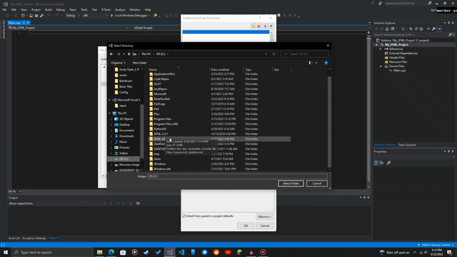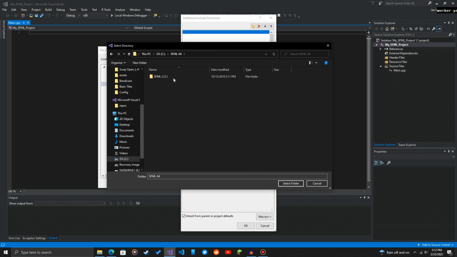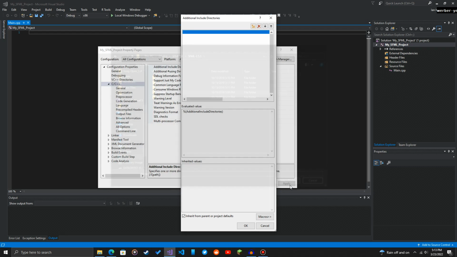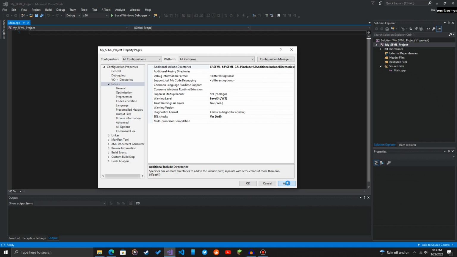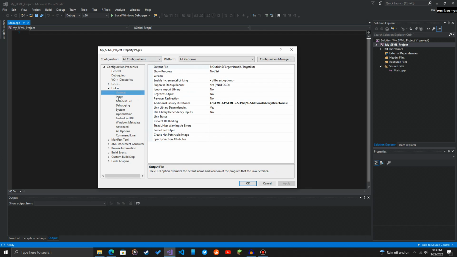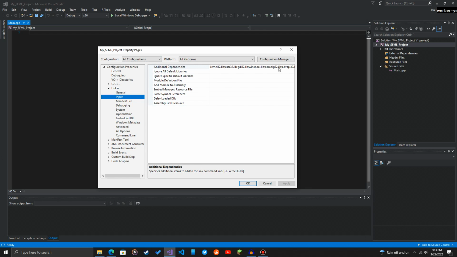If you've been following these steps so far, the rest of this is relatively easy. Just make sure your configuration is still set to all. Go to your linker tab again, go to input, and click on the drop down menu next to that under additional dependencies. And this is where we're going to start actually directly linking the files to the project. You want to add sfml-graphics.lib. Then hit the return key,